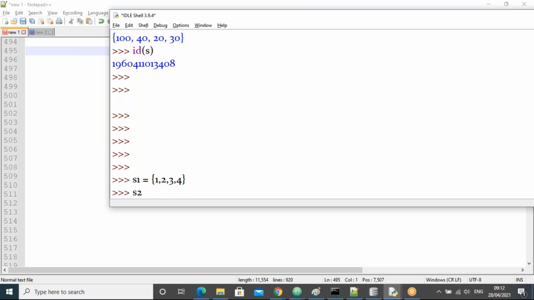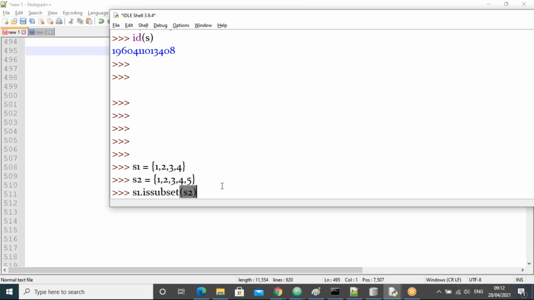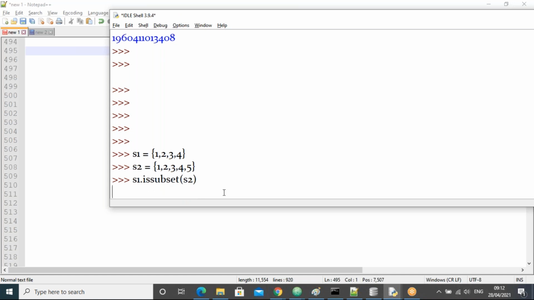S2 equal to, let's suppose, 1, 2, 3, 4, 5. Then S1 dot is sub, I think issubset of S2. Let me confirm once whether the function name is right or wrong. Let me run this one. Yes, the function name is issubset.